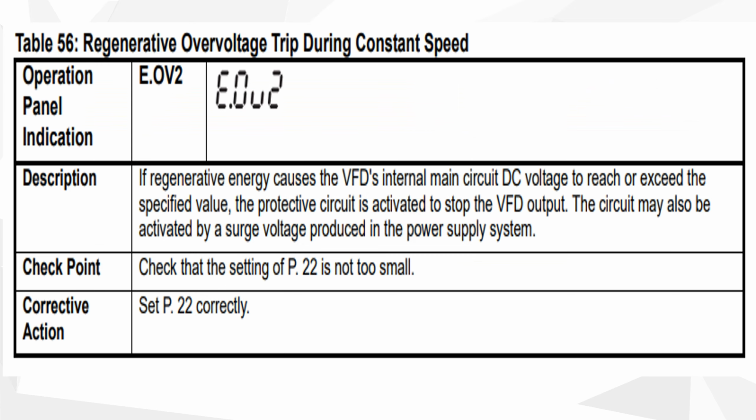एक एरर है E.OV2 रीजनरेटिव ओवर वोल्टेज ट्रिप ड्यूरिंग कांस्टेंट स्पीड, ठीक है। तो ये एक्चुअल में होता क्या है, रीजनरेटिव ओवर वोल्टेज, लाइक जो इंटरनल सर्किट जो होता है इसमें जो डीसी का वोल्टेज, वो स्पेसिफिक वैल्यू से ज़्यादा एक्सीड हो जाता है, ठीक है। जो कि वीएफडी का जो प्रोटेक्टिव सर्किट होता है, जो कंट्रोल एंड पावर कार्ड में जो प्रोटेक्टिव सर्किट होता है वो एक्टिवेट हो जाता है, और वो स्टॉप कर देता है, लाइक जो वीएफडी होती है उसमें वो एरर जनरेट कर देता है और वीएफडी को स्टॉप कर देता है।